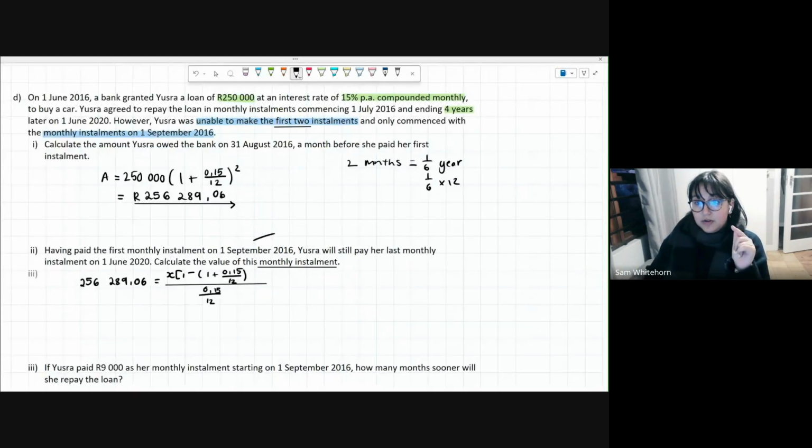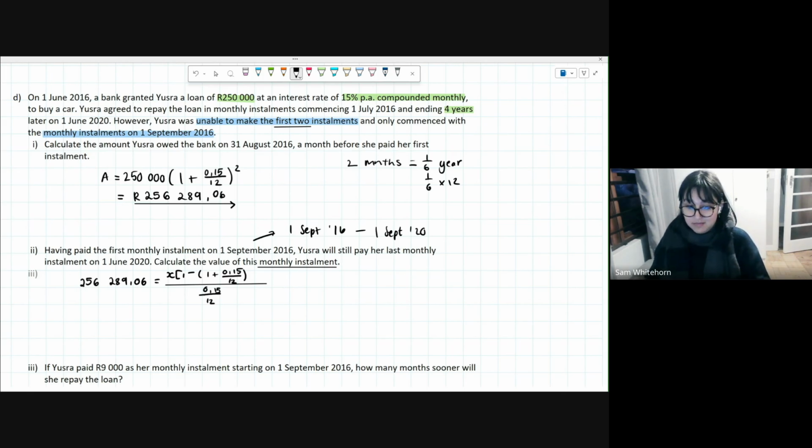If we were to go from 1 September 2016 to 1 September 2020, that would be 48 months, because it's 4 years. 4 times 12 is 48. I'm questioning everything I know about math. 48 months. Sure, okay. But we're not going to 1 September 2020, we're going to 1 June